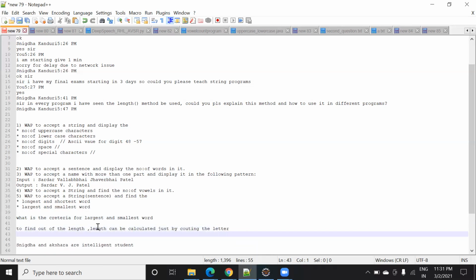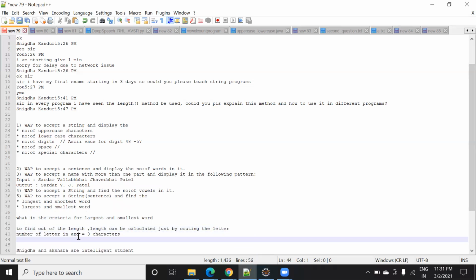For example, the number of letters in the small word "and": how many letters are there? D, N, A, three characters, right? So the length is 3.